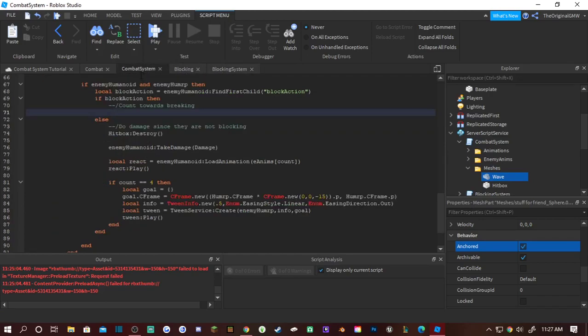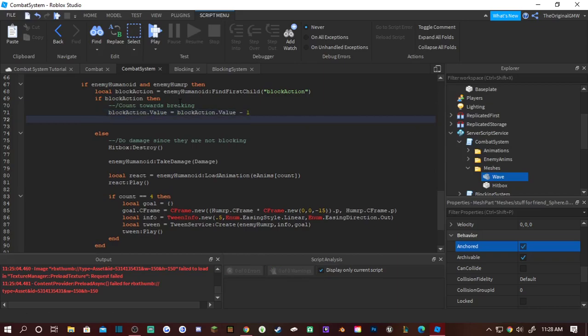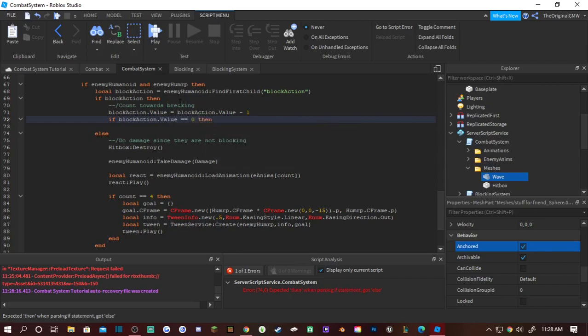Then go back to the combat system. We're gonna do block action dot value is equal to block action dot value minus 1, right? So every time you get hit while you're blocking, it takes 1 away. And then if block action dot value is equal to 0, then